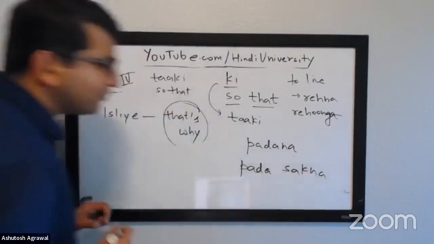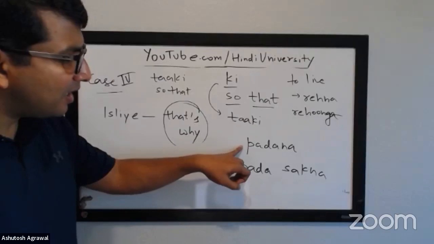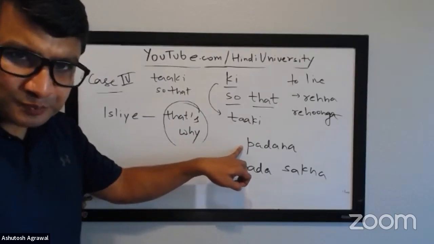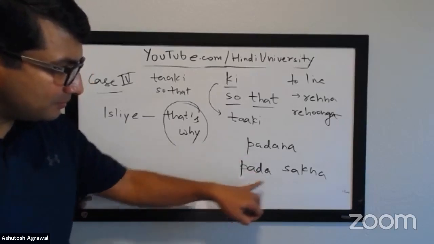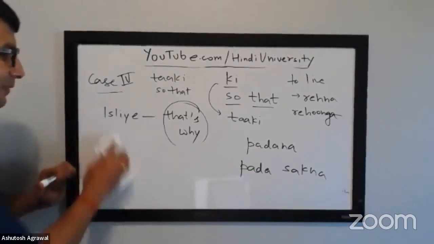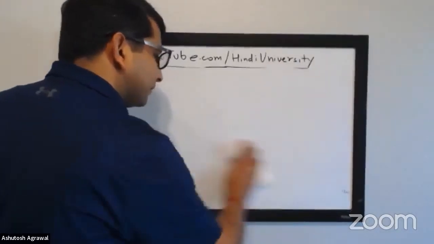Oh, you can do both of them. Okay. ताकि मैं पढ़ा सकूं. And then the next one would be इसलिए. Let me write down both of them because you asked a very good question, and maybe when I write it down, it will make more sense to you.